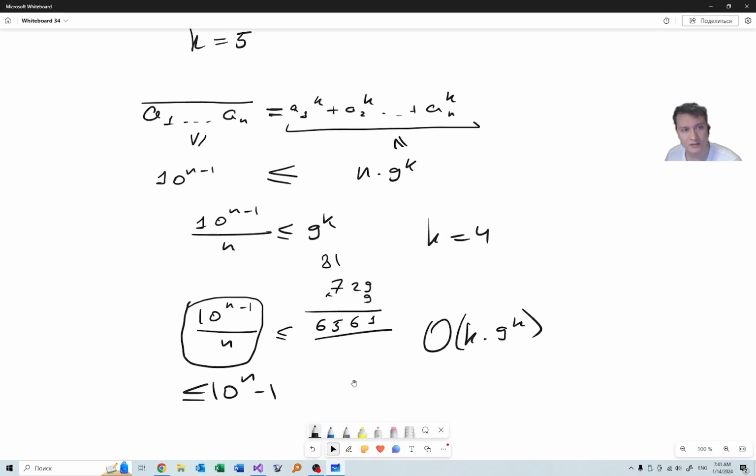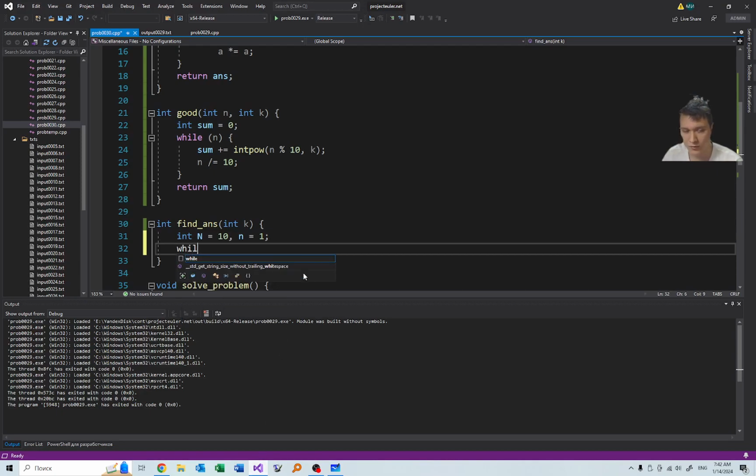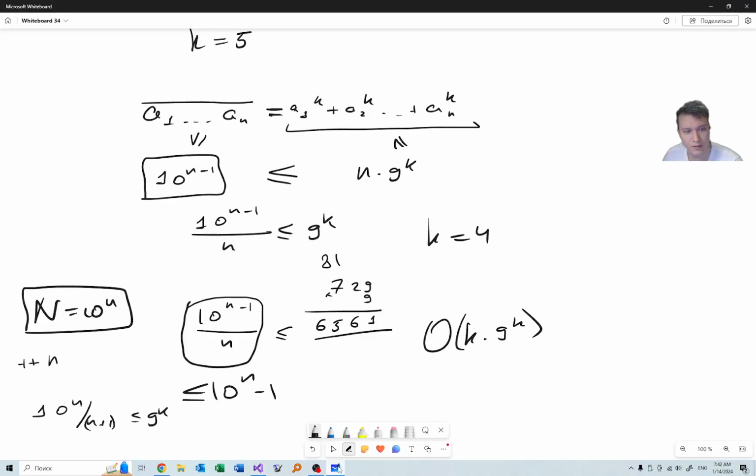So we want it to be, so let's assume that n is 10 to the power of n. We want to check whether we want to increase n or not. So how do we do it? Let's assume that we increased n. So now we have 10 to the power of n over n plus 1. It is still at most 9 to the power k. Let's check it. So while n divided by n plus 1 is at most 9 to the power k, and